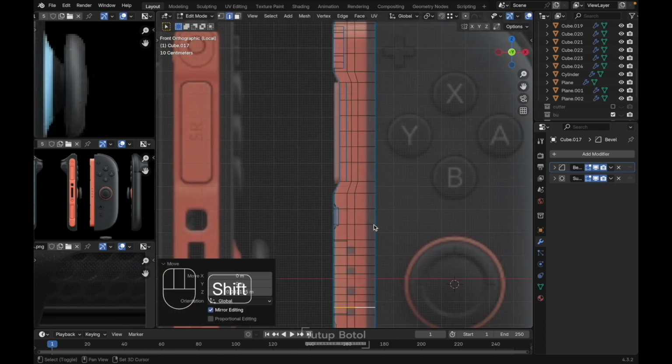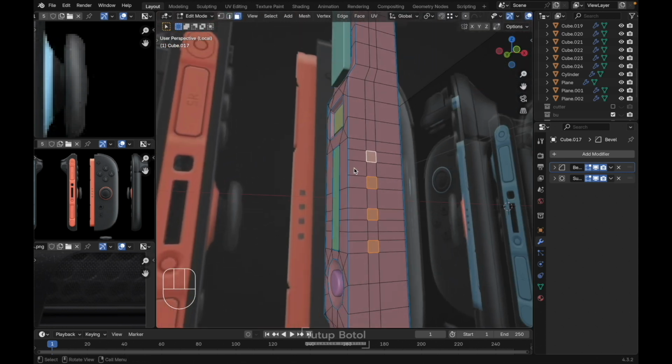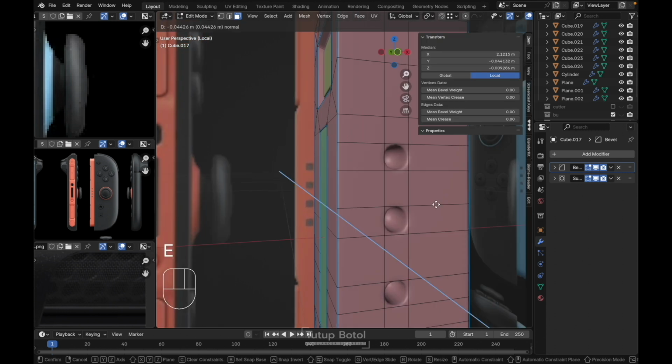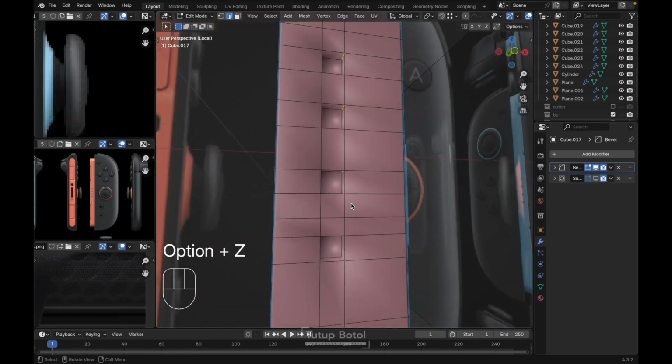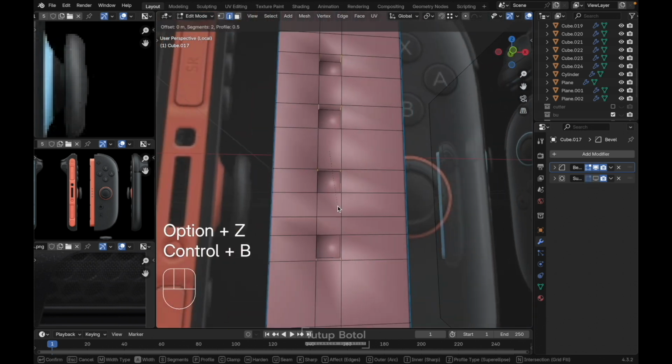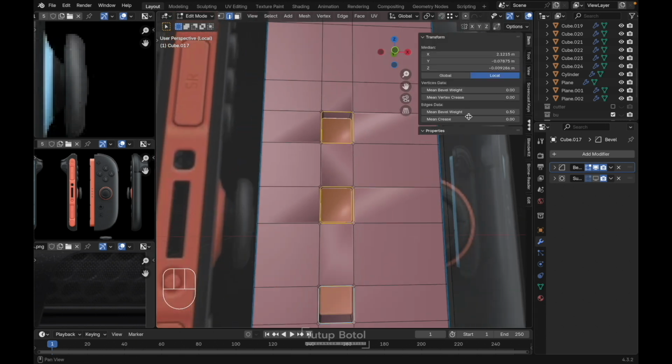Then the last part for this one, I guess, just create a loop cut like this, select all of this face, E to extrude just a little bit like this, then select all of this edge, all the corners here, press Ctrl B to bevel just a little bit like this, then add a main bevel weight to all of this, then we can select